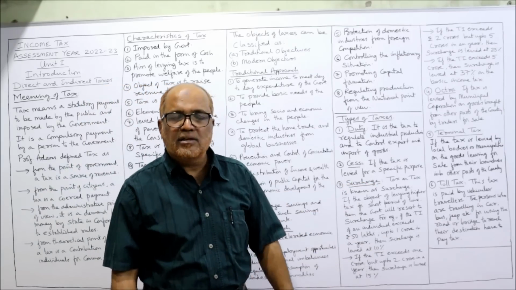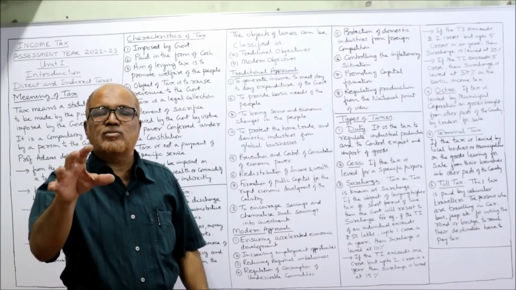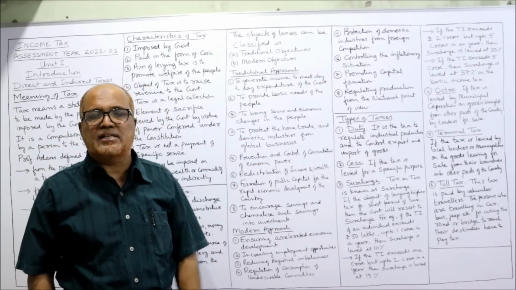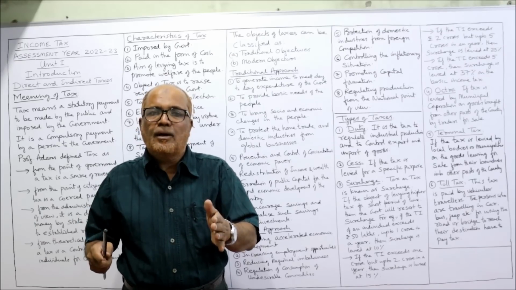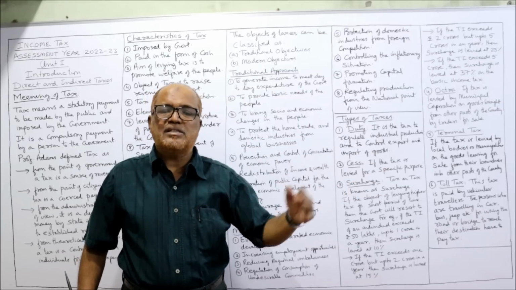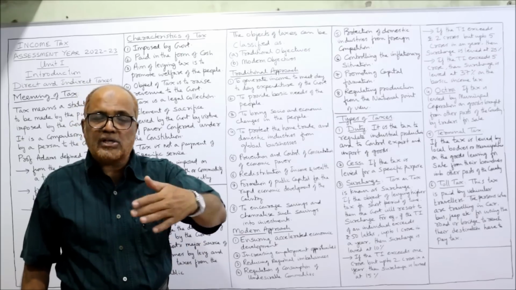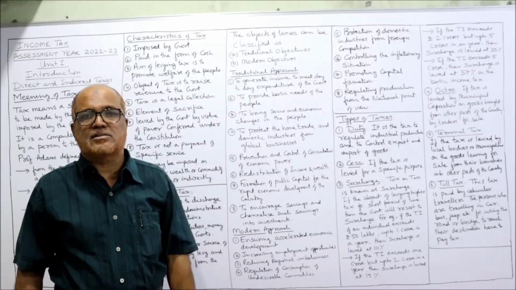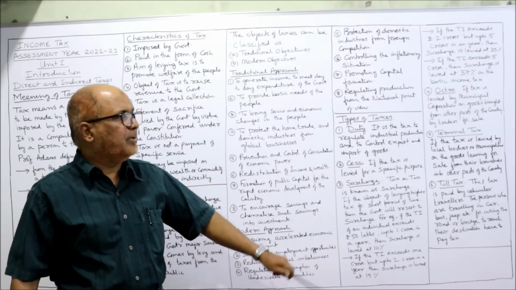Next, terminal tax. It is the opposite of octroi tax. Terminal tax means the tax which is levied when goods are leaving the state to be sold in another state. For example, when the goods are produced in state A but being transported to state B, state A will apply terminal tax because goods are moving from state A, and state B will apply octroi duty, because the goods are entering into state B.